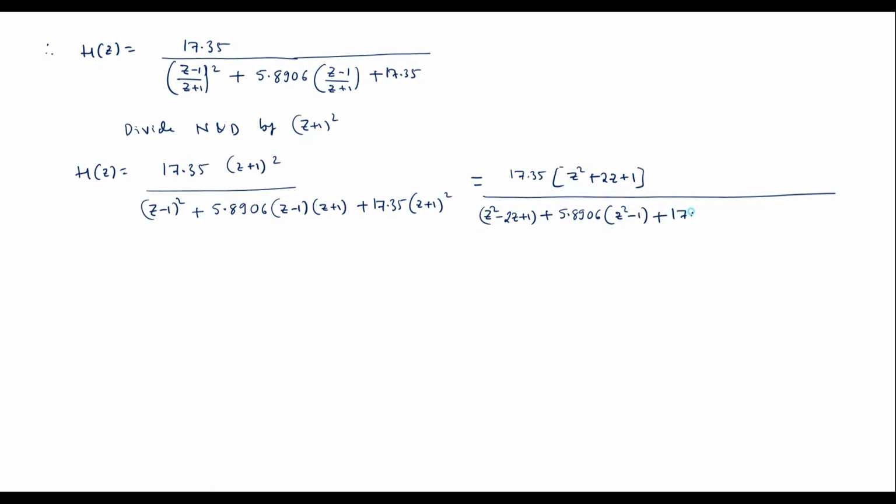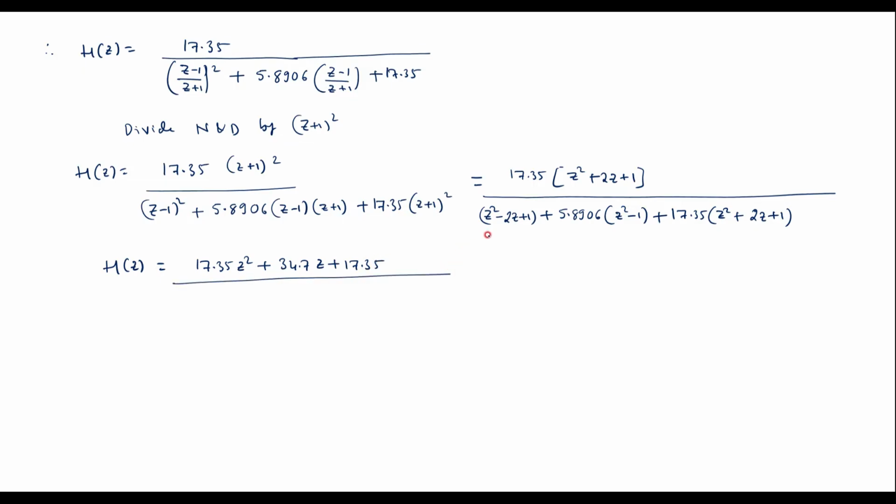Here we have 17.35 into z square plus 2z plus 1. Simplify this as H of z equal to, and multiply this 17.35 with all these terms, I'll get 17.35 z square plus 34.7 z plus 17.35